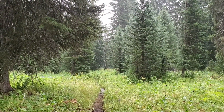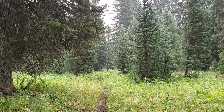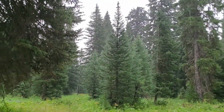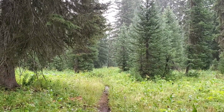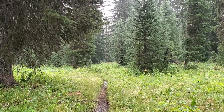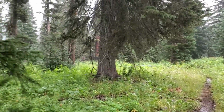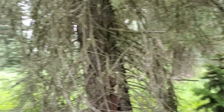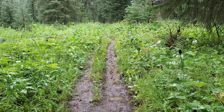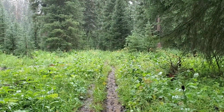And I'm not sure how well it's coming out on video, but it is raining pretty good again. And I've been hiking through this kind of densely forested area for a while, and the trail has been super slick. So let me turn around this way. Yeah, you can see a little bit better. This is more of what I've been typically walking through, and it's kind of like